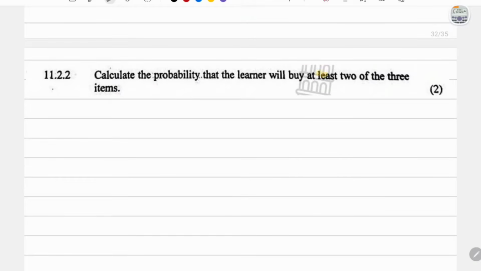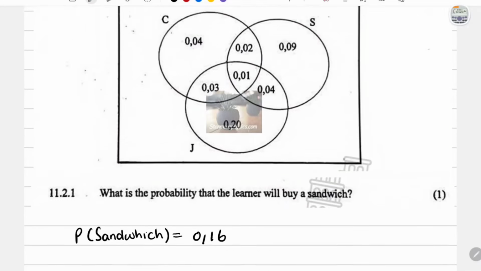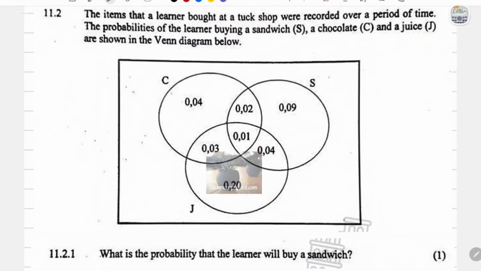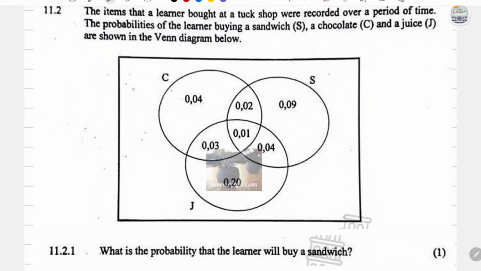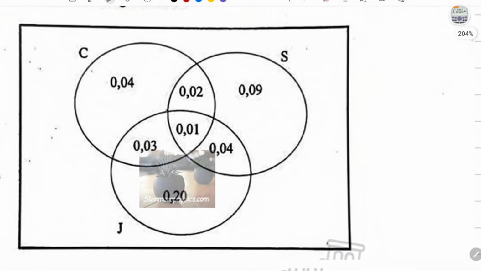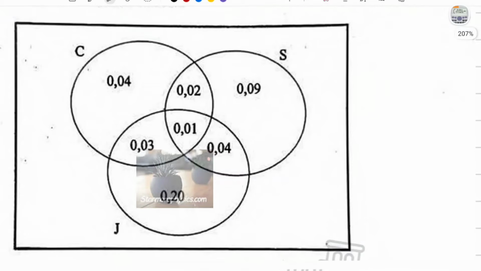So calculate the probability the learner will buy at least 2 of these items. I also explained this in that video of Venn diagrams in the first video. So let's actually look at it like this. We want to see the probability that the learner buys at least 2 items out of all the items that